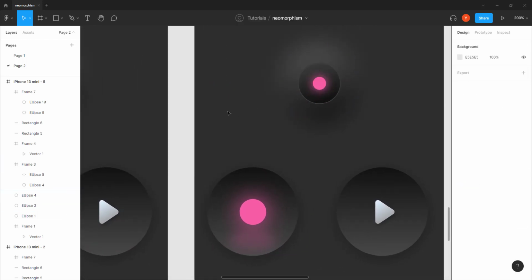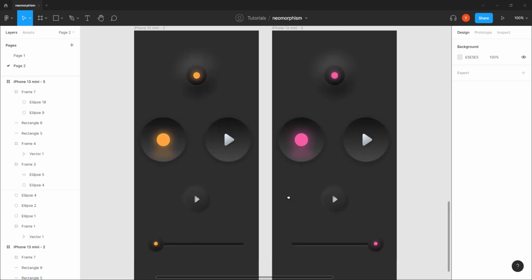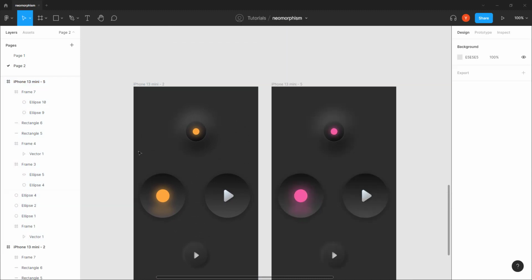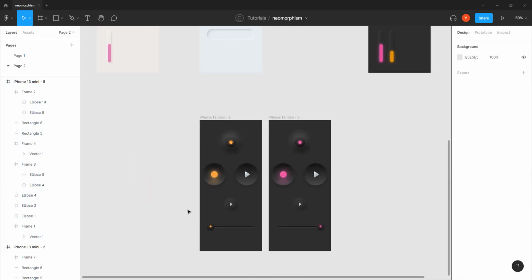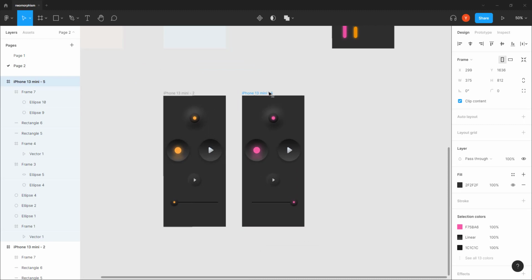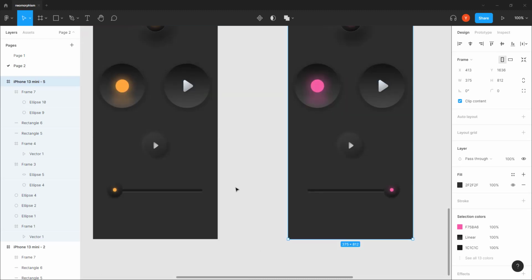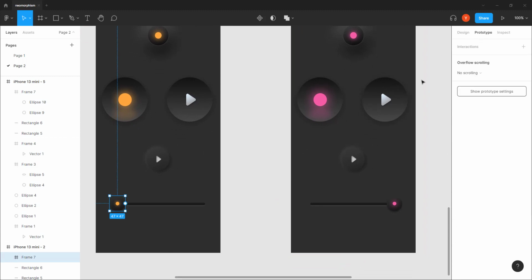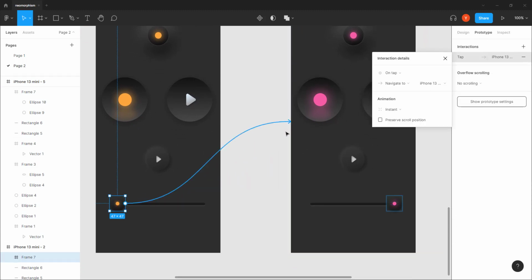Yeah, good. So we have these screens that are kind of going crazy already. Okay, good. So now the only thing which is left to do is going to prototype,